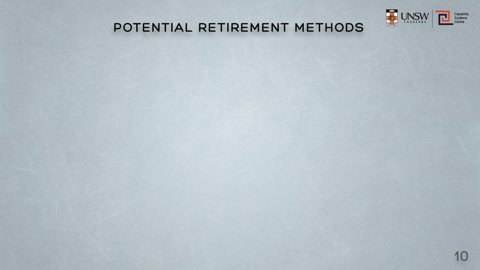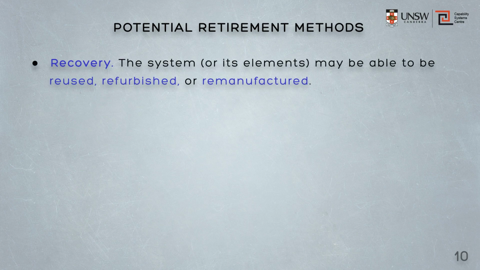Well, there are three broad ways in which a system might be retired. The first we will call recovery. In that case, the system or its elements may be able to be reused, put to another purpose. It could be refurbished, that is perhaps serviced or painted and then put to another purpose, or remanufactured, which is